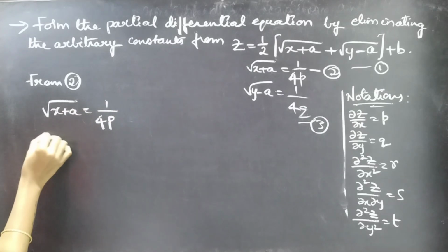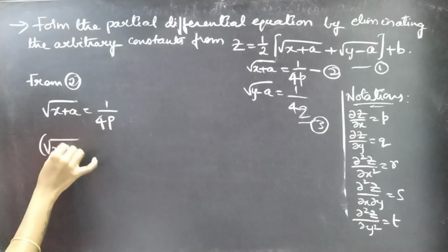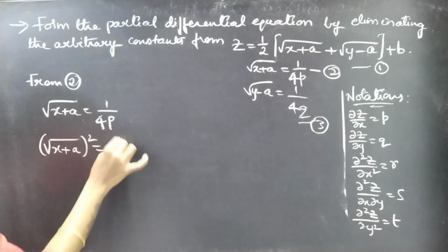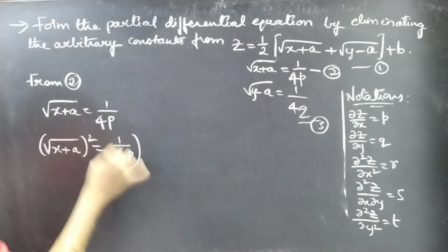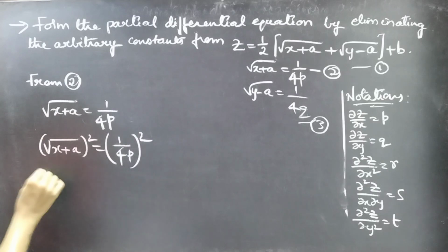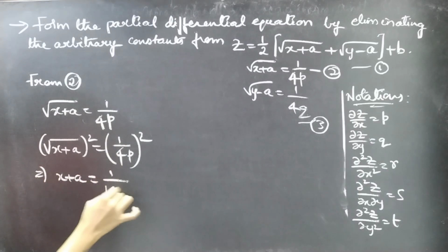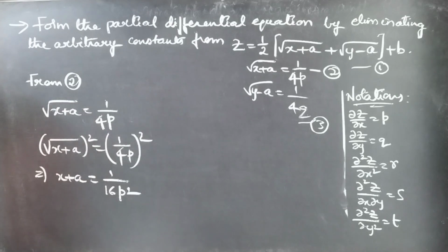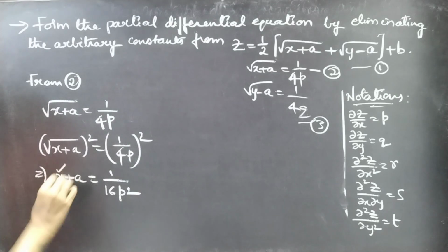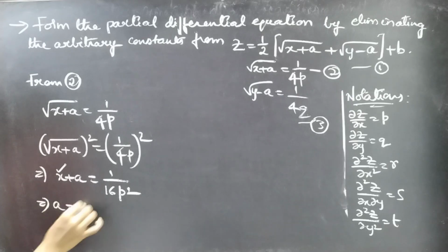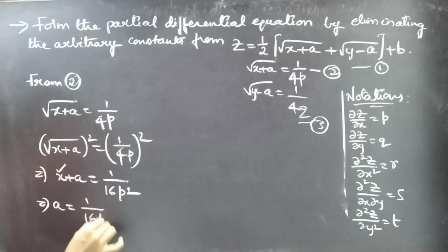Squaring on both sides gives us, right? From this, just take this x to RHS, we'll get a equal to 1 by 16 p square